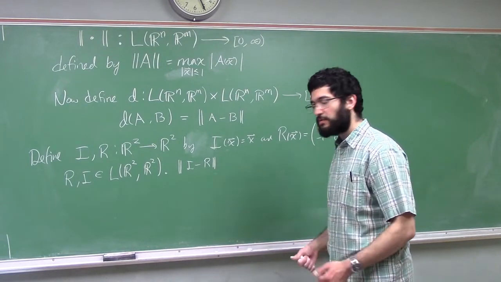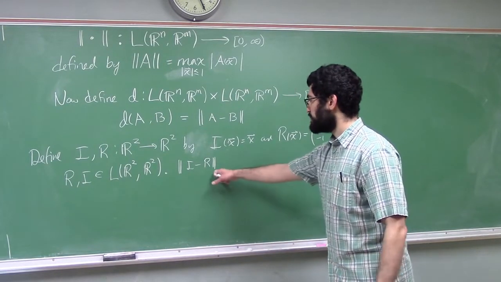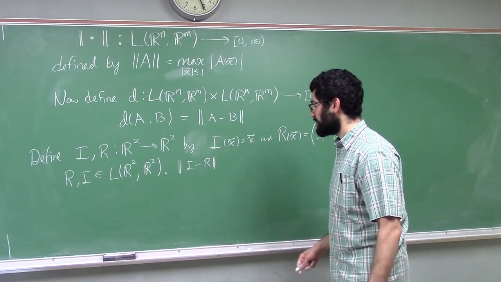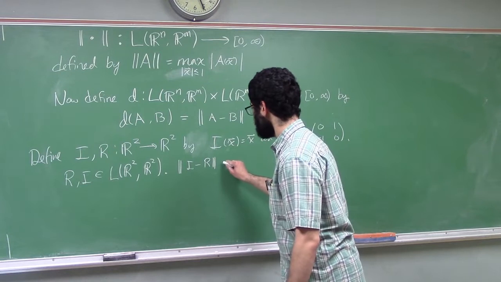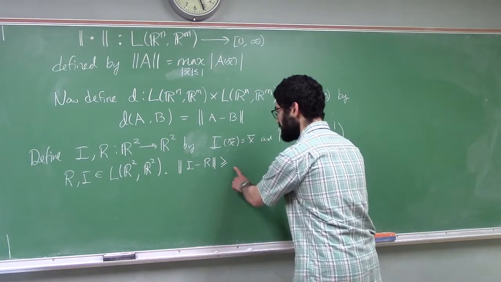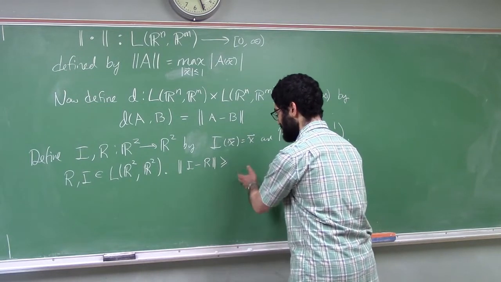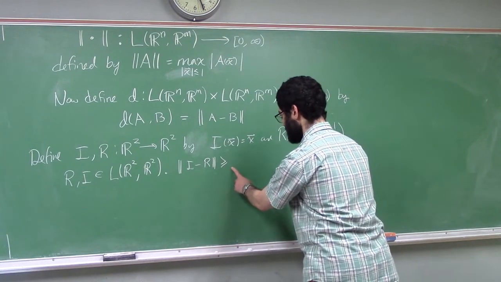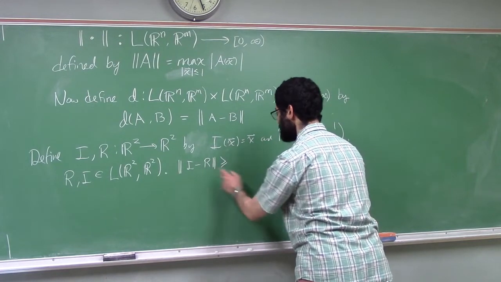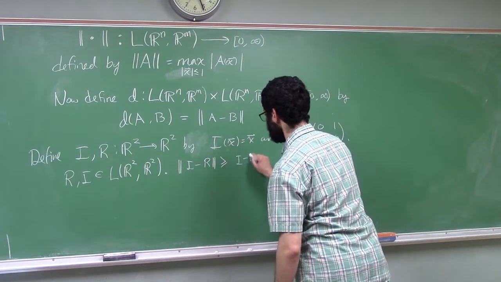So if at least one of those things is root 2, then this is at least root 2, and that would get me one useful inequality. So this is definitely going to be greater than or equal to one of the things that it's the max of. So one of the things in the set that this maximizes is I minus R